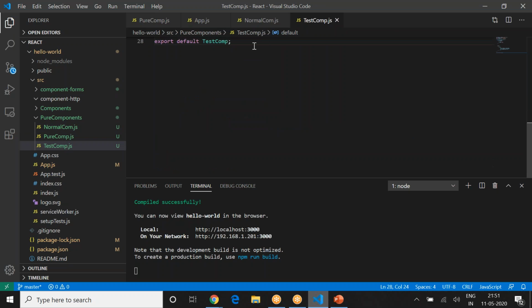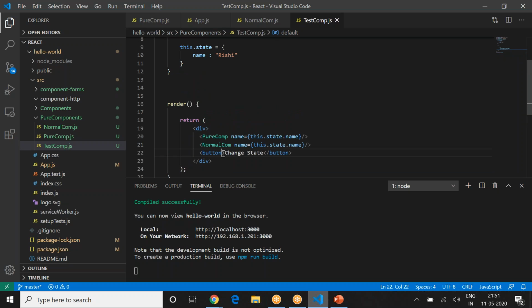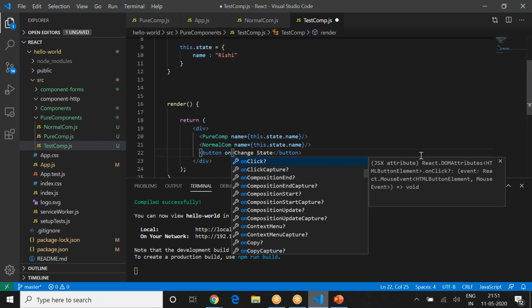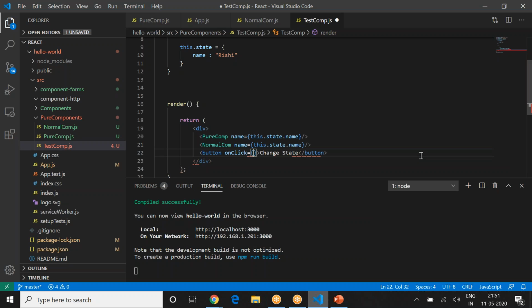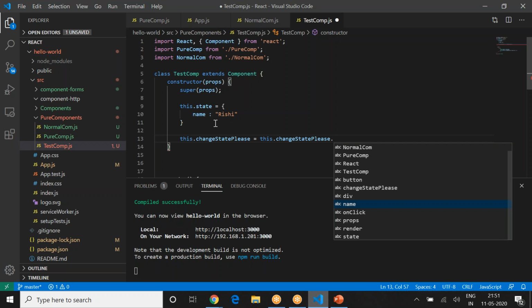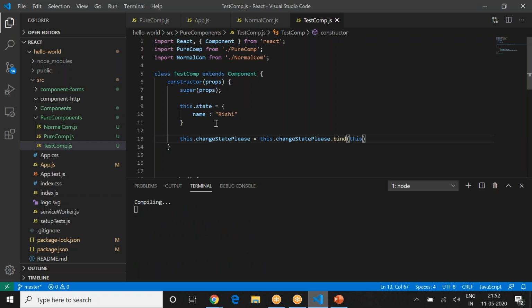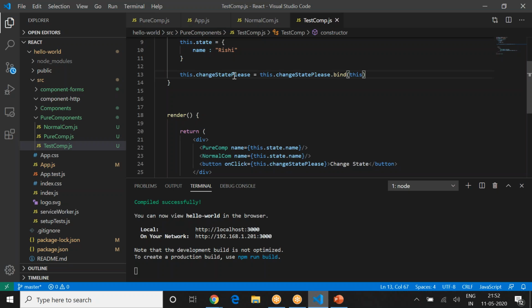I have this button, so I have this component which is having these two things. I'm passing it as a property, printing that property there. Now here on click, you know what actually happens. You say change state, and you can have a constructor where you say this.changeState equals this.changeState.bind(this), so that you will be able to have that particular method.